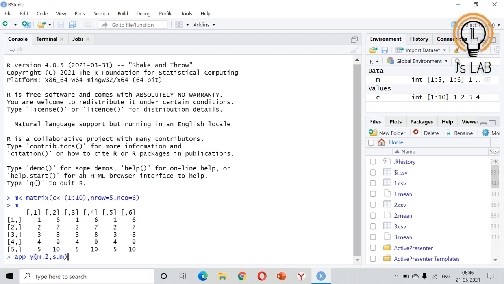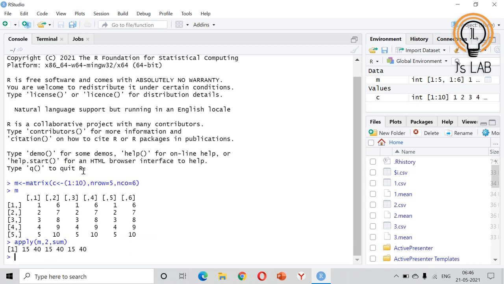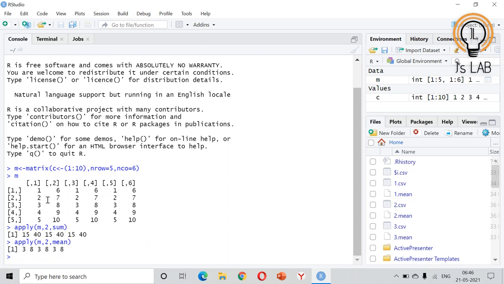If I put that, in each column it will calculate the sum and it will be written here: first column sum, second column sum, third, fourth, fifth and sixth column sum. And instead of sum you can provide mean, so each column mean will be displayed. So that is the apply function.